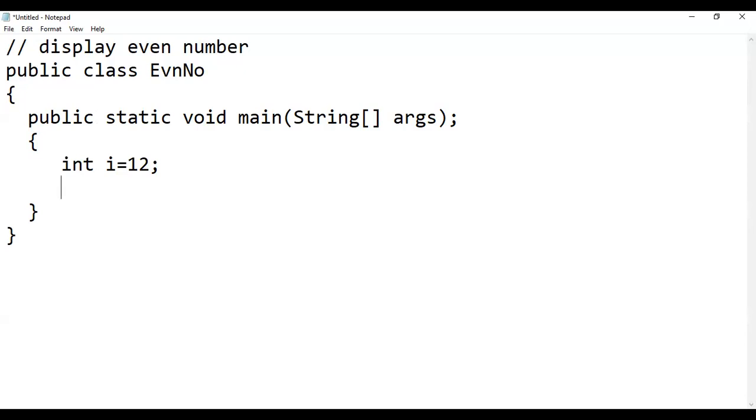So again, here firstly we write do, and in the block of this, we want to display our even numbers. System.out.println.